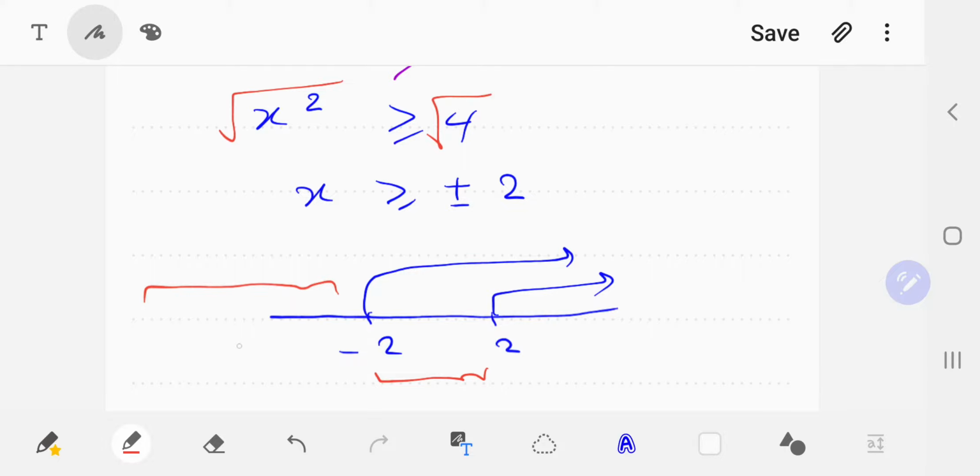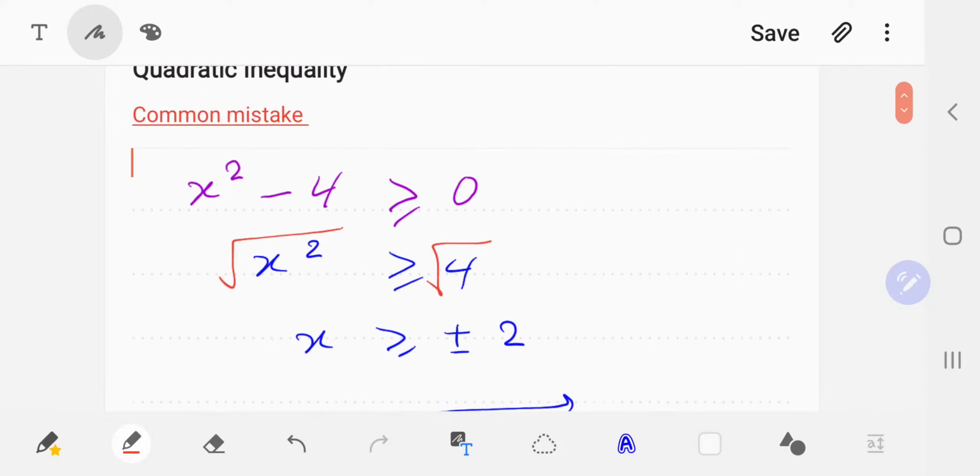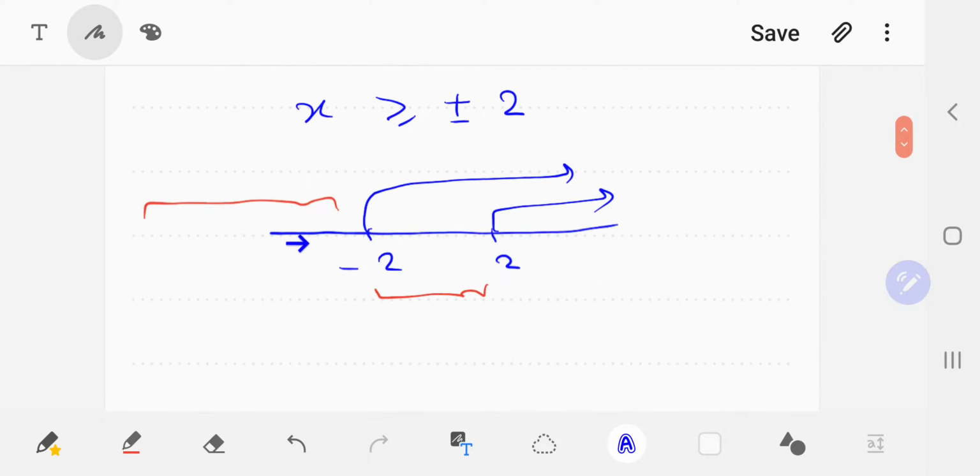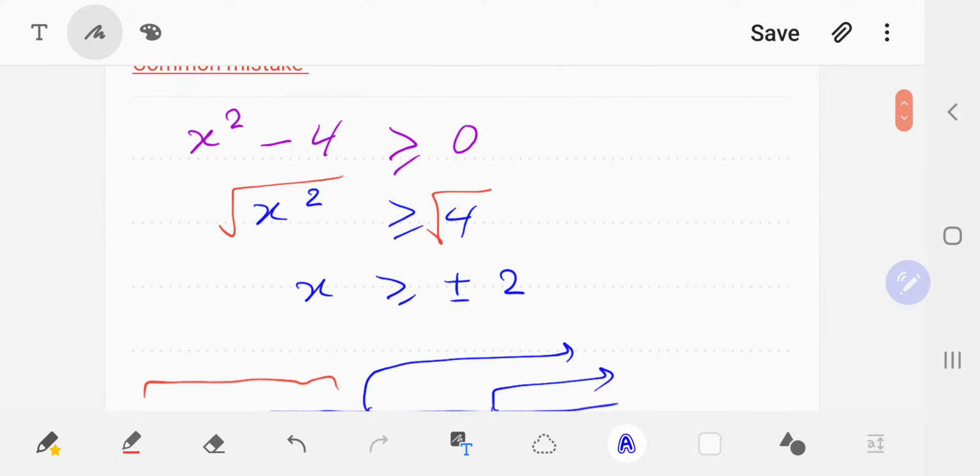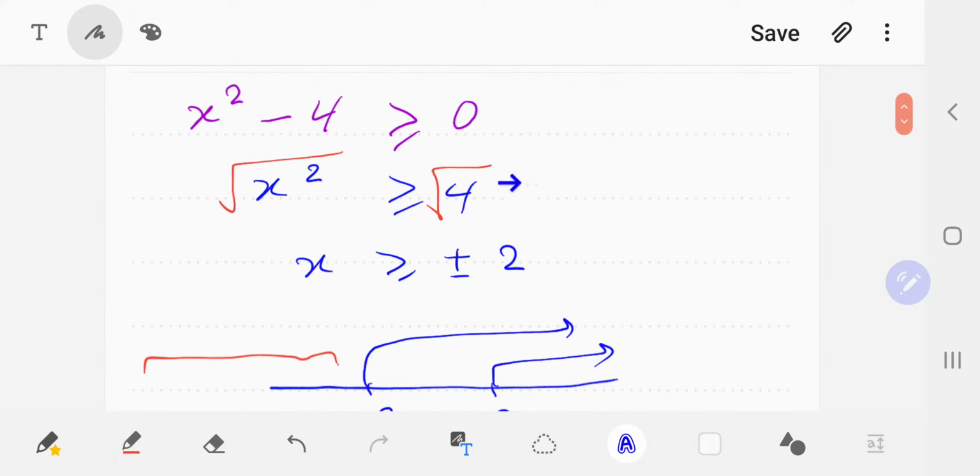What about the area here that is not included? Let's take negative 3, for example. Negative 3 squared is 9. 9 minus 4 is greater than 0, so it is a solution. Then why is it not appearing here? It's not part of our solution. How come? This means that we made a mistake. Actually, anyone who solves it this way will fall into a mistake because of his understanding